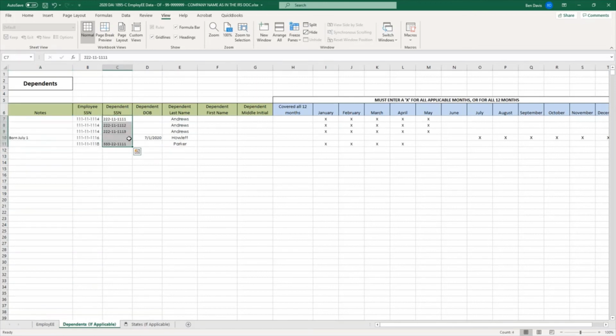Now, the IRS does allow to use a dependent's date of birth, especially in instances where it's a newborn and their SSN, Social Security number, has not yet been assigned. So you'll go ahead and do that. You're supposed to have the first names here. I apologize for not having those populated, but you would indicate the individuals here, the employee social, the dependent social, or date of birth, their last name, first name, and middle initial, and then which months they were covered. Now, it's important to note